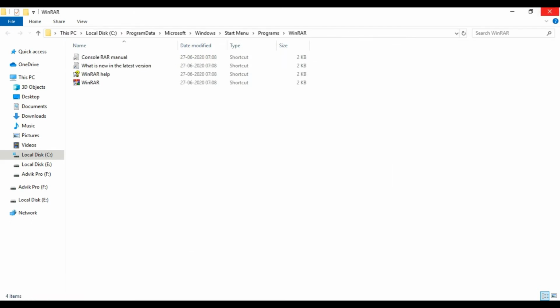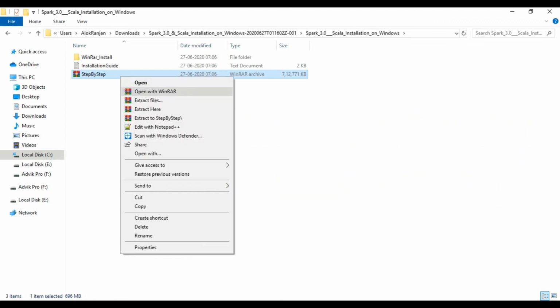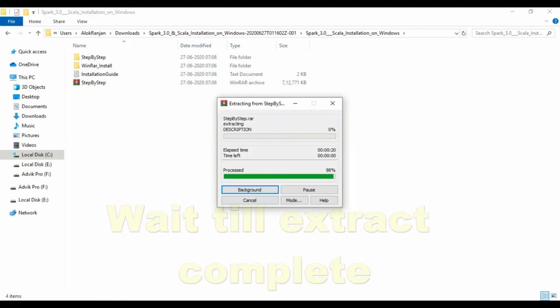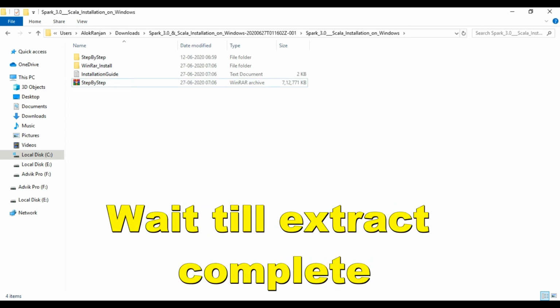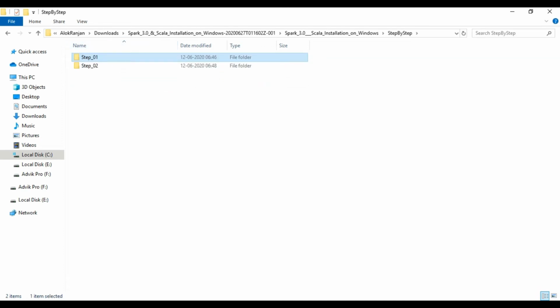Close this window. We will extract step by step now. Extraction is done. We will go inside the folder. Now we have two folders, step 01 and step 02.